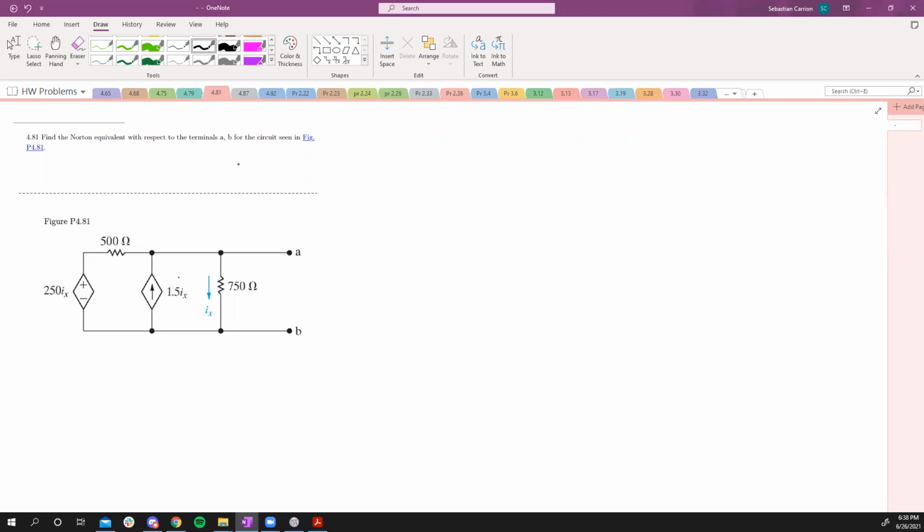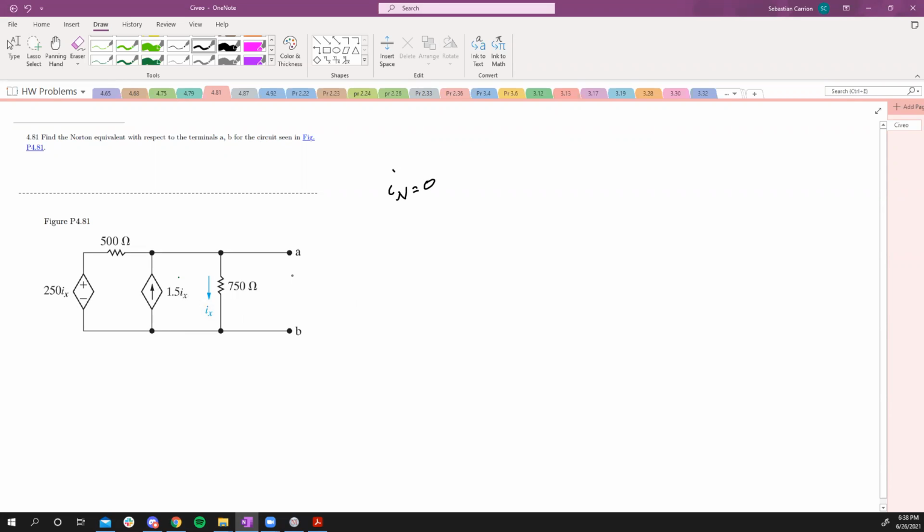All right, so this problem says find the Norton equivalent with respect to the terminals A, B. So there's no independent source. So we know that our I Norton is going to be equal to 0. So in order to find our R Norton, we want to plug in our own source, and